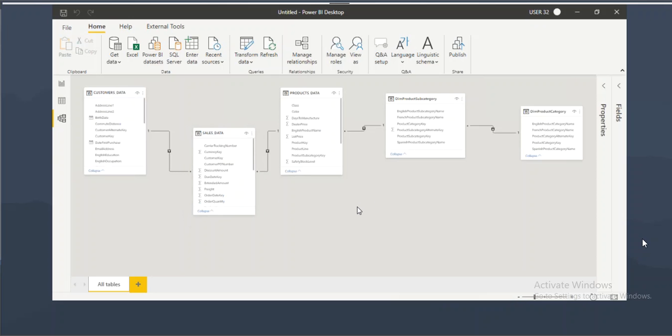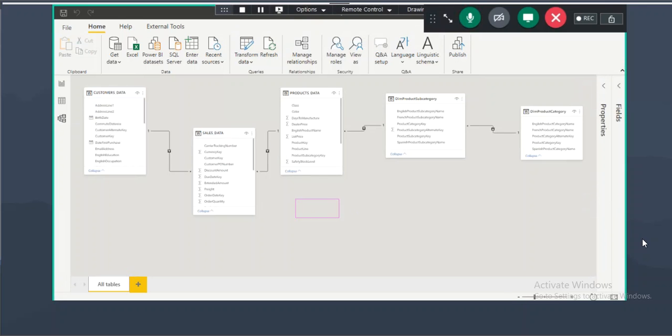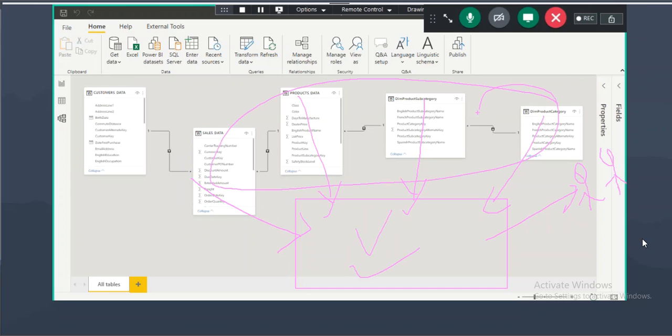So see, every time, what about the details? The client is asking to show product category, product subcategory, product name, and sales. When you create one visual and share it with your client, every time the client opens this visual, it will join these 4 tables and give the data. Joining the 4 tables and showing the data will take 20 seconds. Take an example. This is the Snowflake schema story.